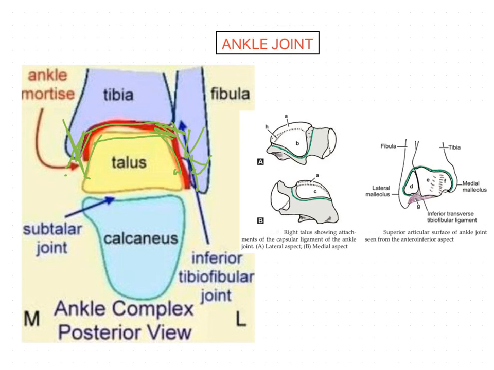Some of the other structures which are supporting the joint are ligaments. So now we will see the ligaments of the ankle joint. The ligaments of the ankle joint include the fibrous capsule, the deltoid or medial ligament, and the lateral ligament. The fibrous capsule surrounds the joint but it is weak anteriorly and posteriorly. It is attached all around the articular margins